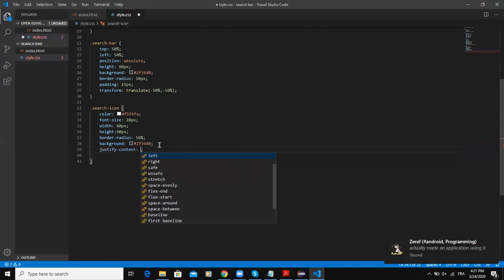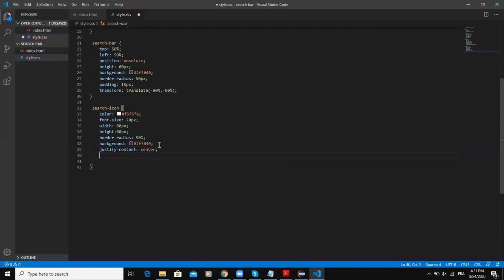So I'll say justify content center, and align items will also be center. So save it,